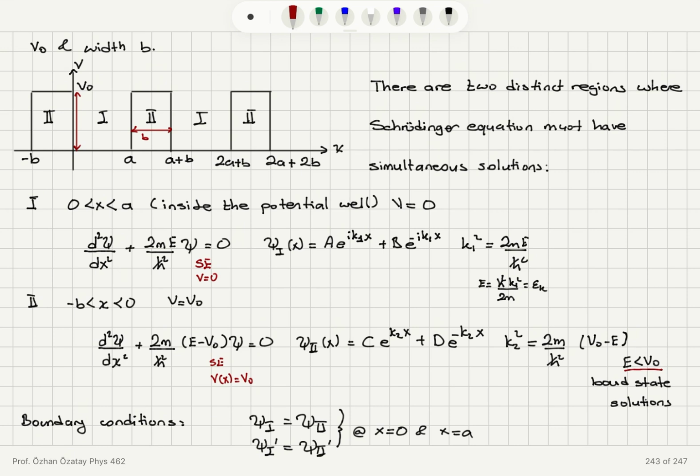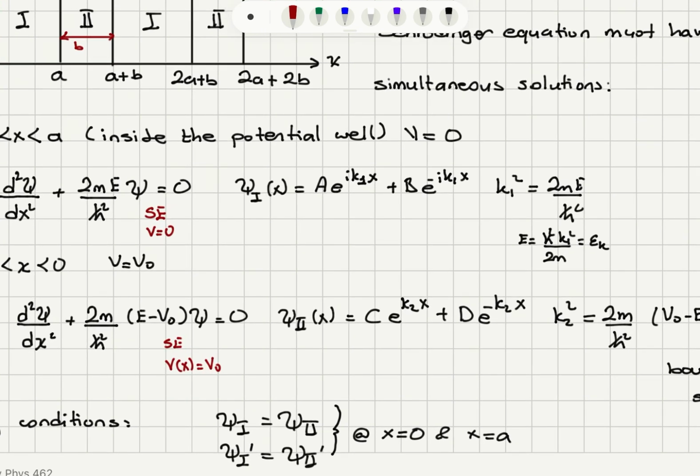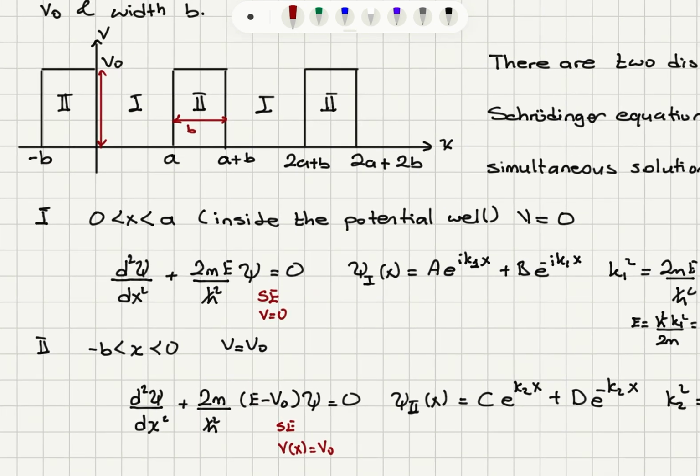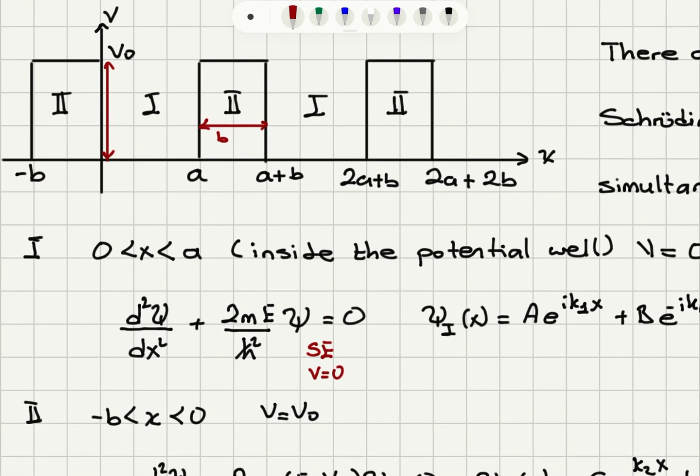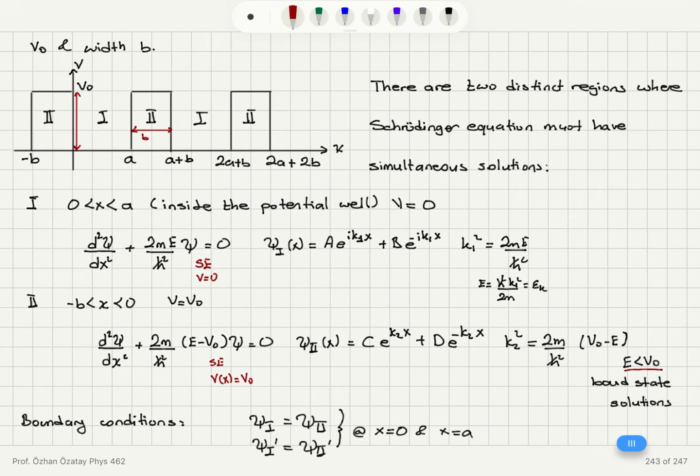Now, we have two types of solutions in region 1 and region 2, and they have to match at the boundaries. So the boundary condition is that the wave function is continuous at x equals 0 and x equals a. So we're looking at two boundaries of region 1, and their derivatives must be continuous at x equals 0 and